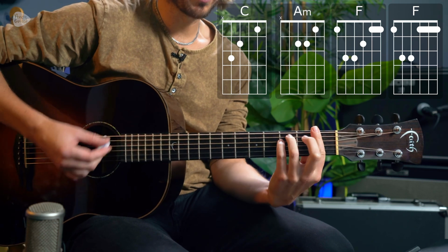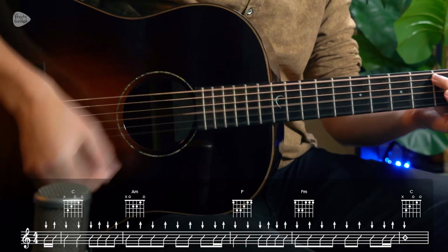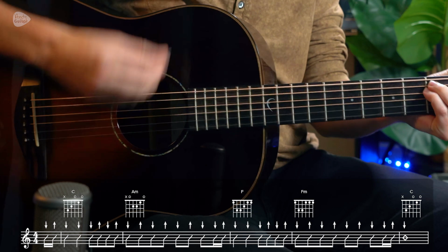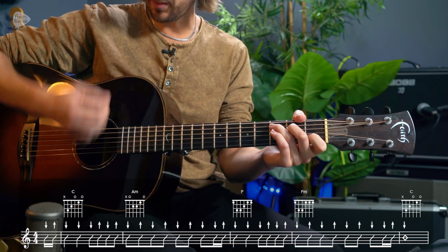I've given my top tips in the bar chord video. I will also be showing you for the first time a 16th embellishment, which sounds like this. Some of you may recognize this from songs like That's Entertainment and Favourite by Fontaines D.C., but it's basically we're